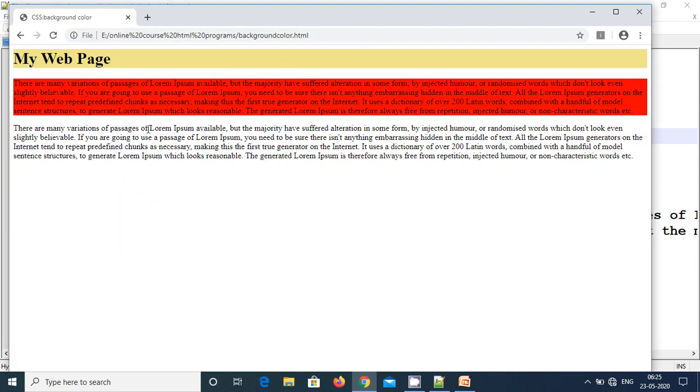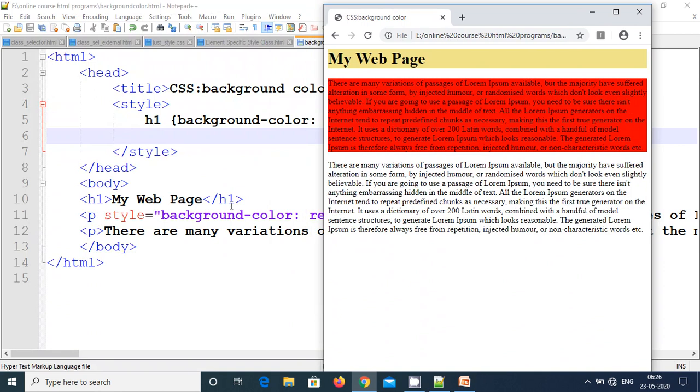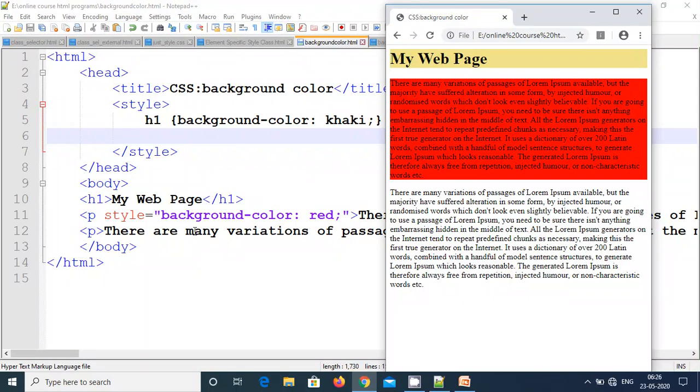You can see here, first I gave the H1 tag. I gave the internal style sheet as khaki, and then using inline style sheet I have given red for the first paragraph background color, and then one more paragraph I had where I did not apply any style. You can make out here, the H1 tag on my web page: the background color is khaki. That's what we have given here. And then the background color for the first paragraph I told red, so the background color is coming in red. And then for the second paragraph we have not specified any color. So this is how the background color property will work.